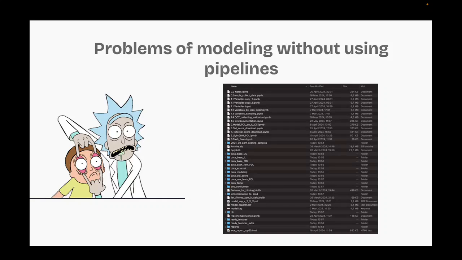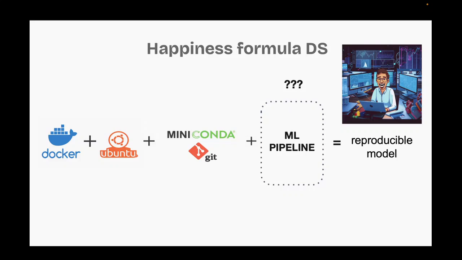So naturally, we start researching solutions and quickly realize that there are so many tools to choose from. The real challenge is selecting the right one. The first and most obvious is, of course, containerization. Each model should be developed in its own isolated container in Docker, ensuring consistency and reproducibility. A typical setup looks like Docker plus any Linux. It could be Ubuntu, Debian, any.